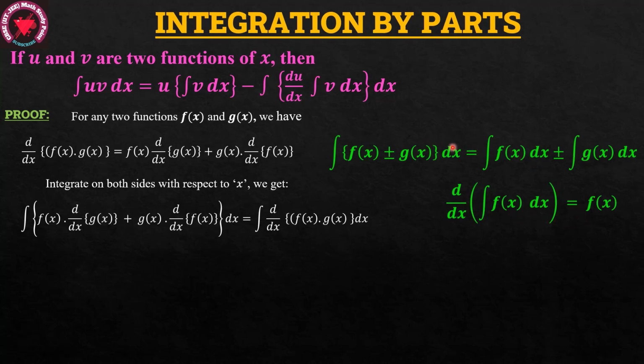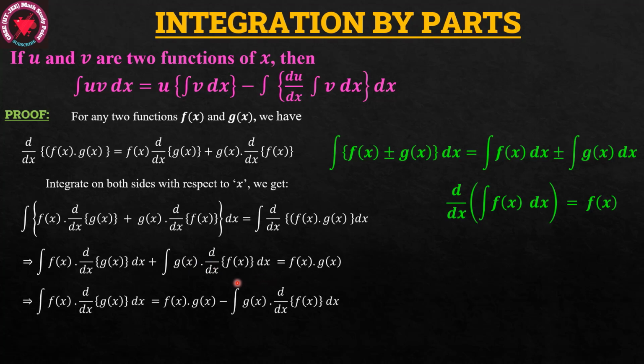So by applying the first rule on the left side part and by applying the second rule on the right side part, what will we get as the new step? See here, integral f of x into d by dx of g of x dx plus integral g of x into d by dx of f of x dx is equal to f of x into g of x. Now from the left side, the second term we can shift to the right side. Then what will we get? See here, integral f of x into d by dx of g of x, this term as it is, and this term we shifted to the right side. Then f of x into g of x